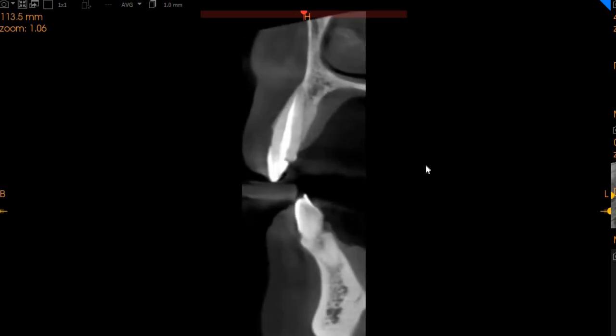This is the upper left canine, which has an endodontic treatment done, and the endodontic treatment seems to be absolutely normal with no periapical radiolucencies or any voids that can be observed. The lower right